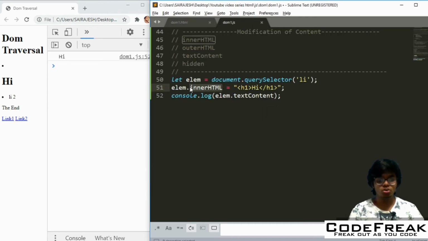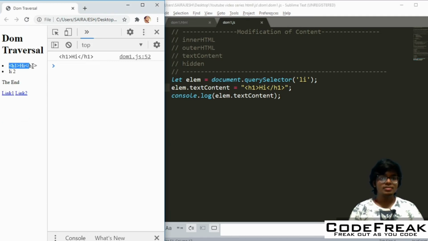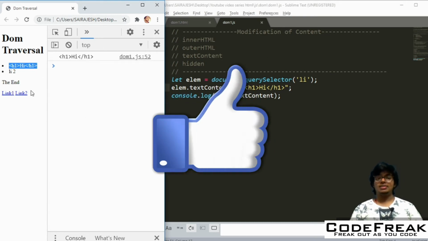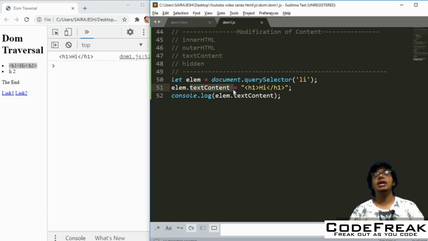So if I change this to text content, see what happens now. You get the code here, and this h1 as such doesn't affect your code. So it doesn't become capital HI. So maybe in your form, when you give some text box and you want people to enter there, you always take it as text content. Okay, so if they put in some code which may hurt your computer, maybe they put an alert statement there, it will just store it as text. But if you have an inner HTML, it will run that alert and it will give you the pop-up there, right? So just be careful with respect to that.